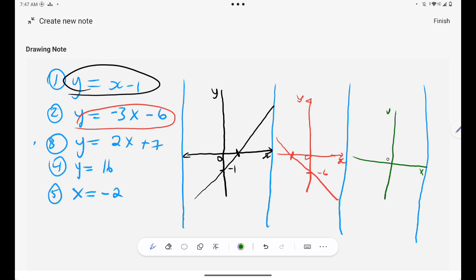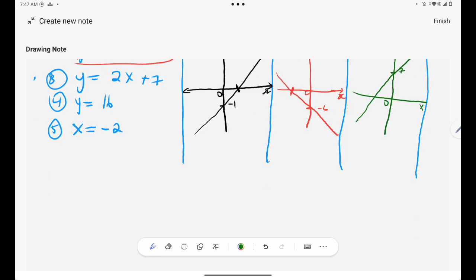x, y, not 0. My x value is positive 7, and my gradient is a positive 2, so my graph will be increasing. It will go like this, passing at 7. And then the last two graphs,